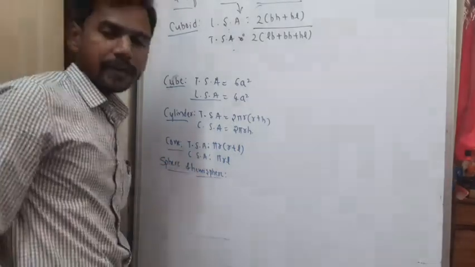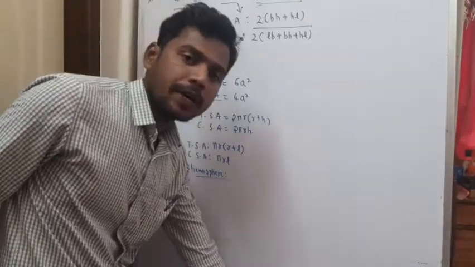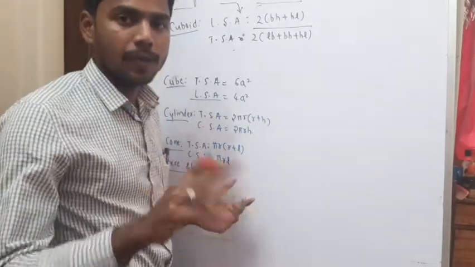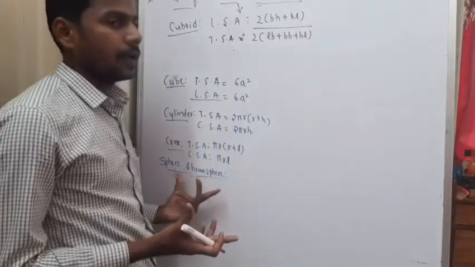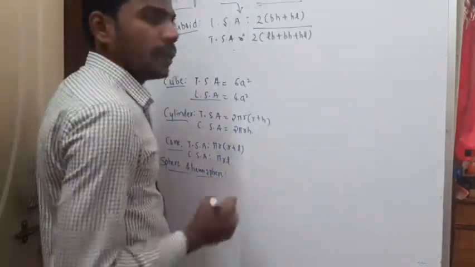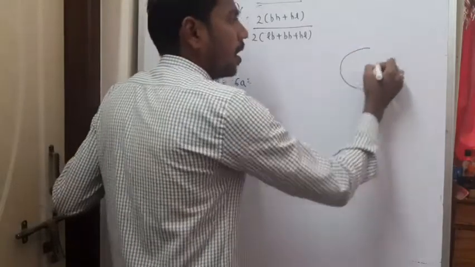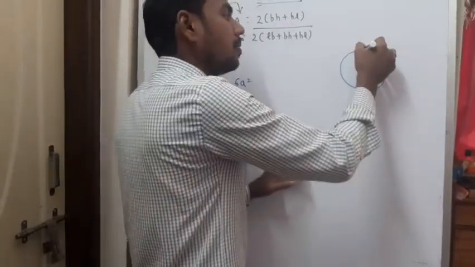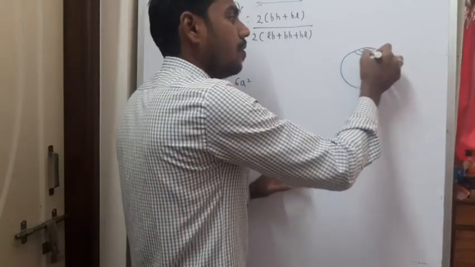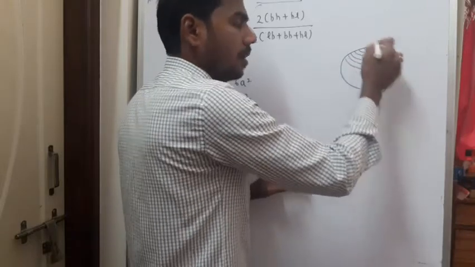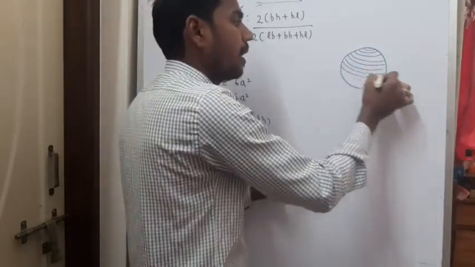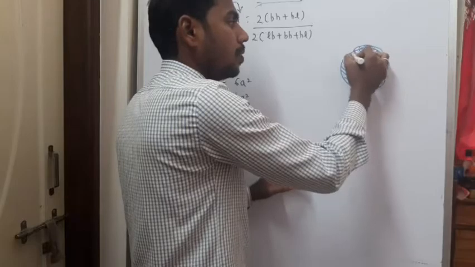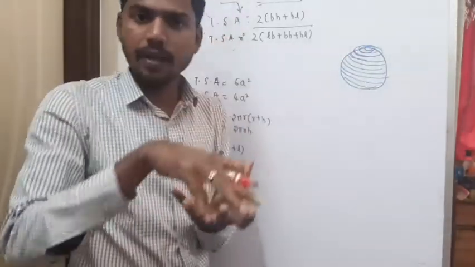and hemisphere. So perfect example for sphere is what? The ball that you play, football, the tennis ball that you play, that is a perfect example for sphere, and even volleyball. So what you do, you take a ball, that is a cricket ball, and try to take a thread and try to wind this region. Try to wind that particular ball with that thread, and it should cover the entire surface of the ball. So try to wind it across the ball, and it should completely cover the surface of the ball.